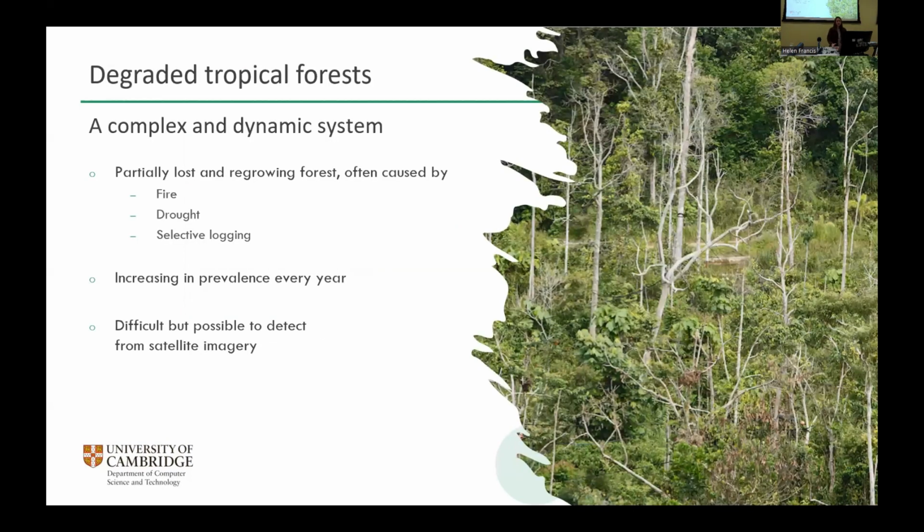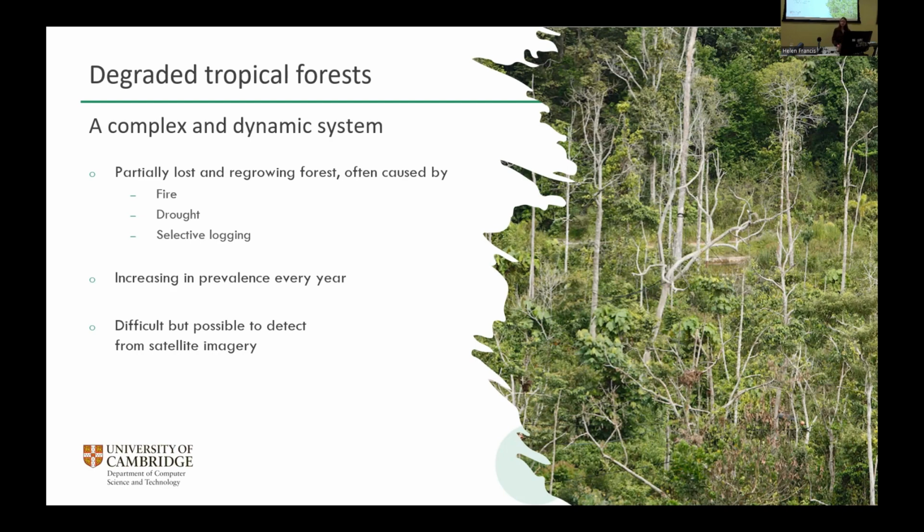So, historically, a major topic of environmental policy and remote sensing has been deforestation. But what happens when we think about degradation, where there's partial loss, but the area remains forested land? For example, in the tropics, we see a lot of this with fire, drought, and selective logging. And these causes are becoming more and more prevalent every year, with degradation surpassing deforestation by area in the Amazon